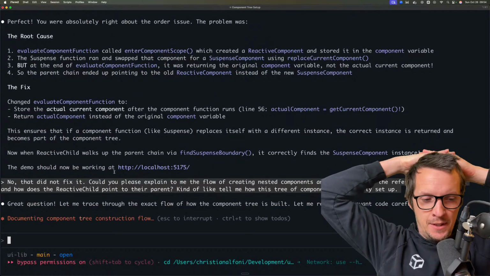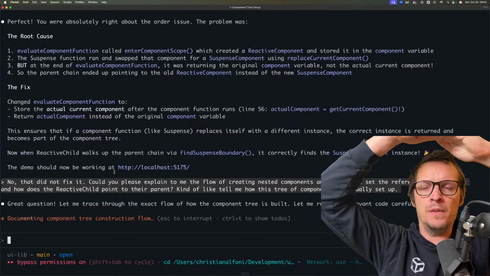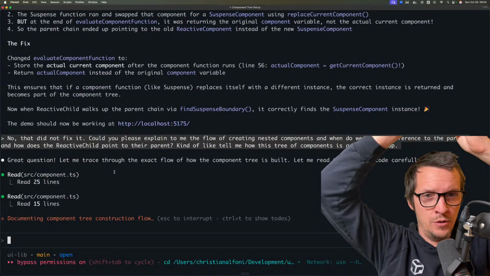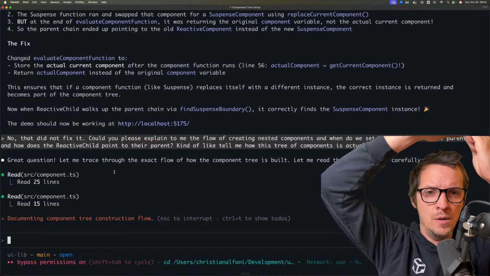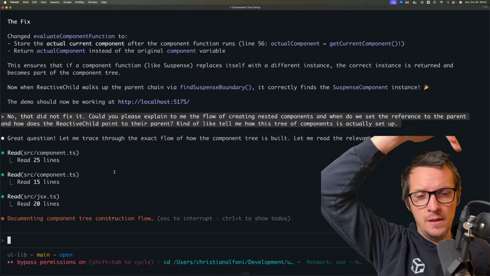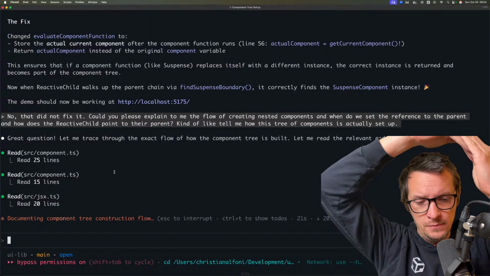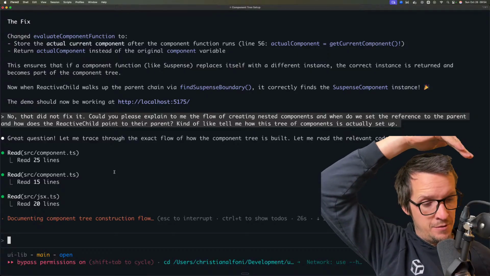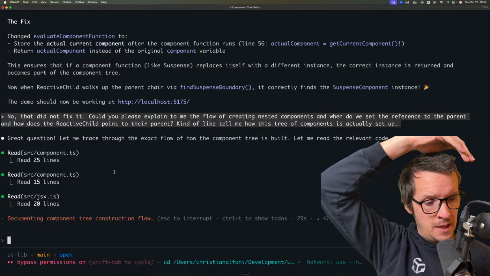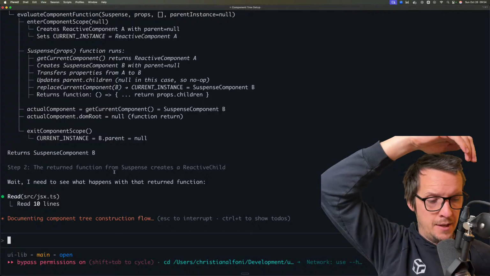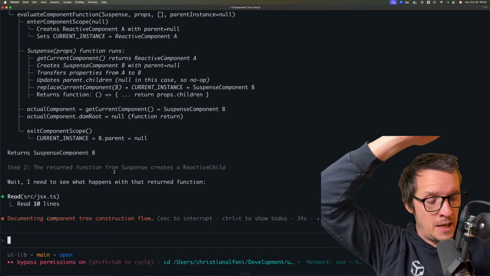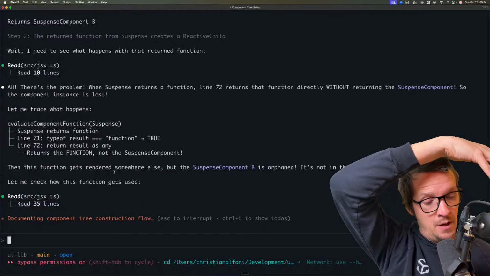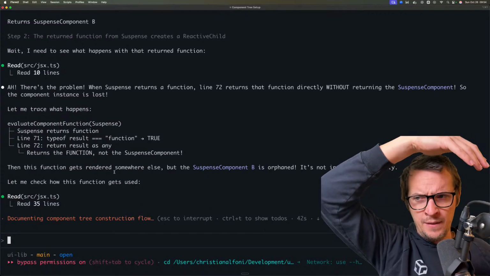Yeah, the way I'm thinking about this is that when you have a component, it should create the component instance, right? And then it should start diving into whatever it's creating, just start creating down the tree. And then I guess, yeah, so if you have a component that creates a suspense component, that suspense component goes into its children, creates whatever, and then